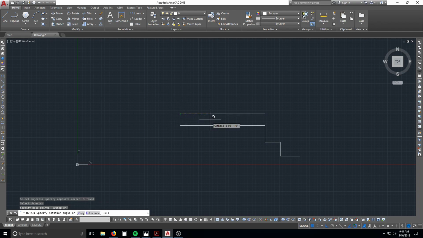I don't know why it got turned off. Oh, because I undid that. So you have to remember, if you undo anything in the middle of a command, everything you did in between then gets undone also. So be careful of that. So if we turn the F8 off,